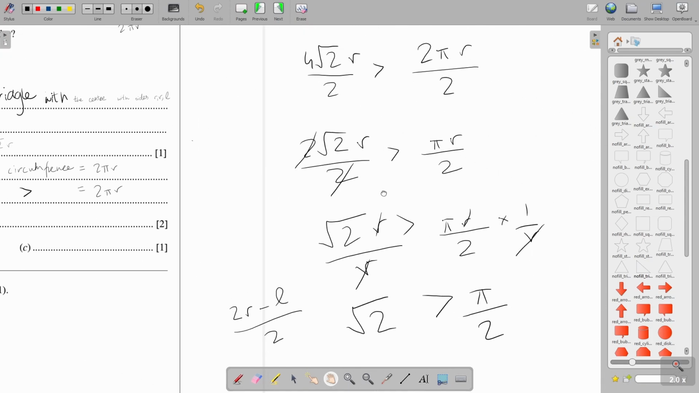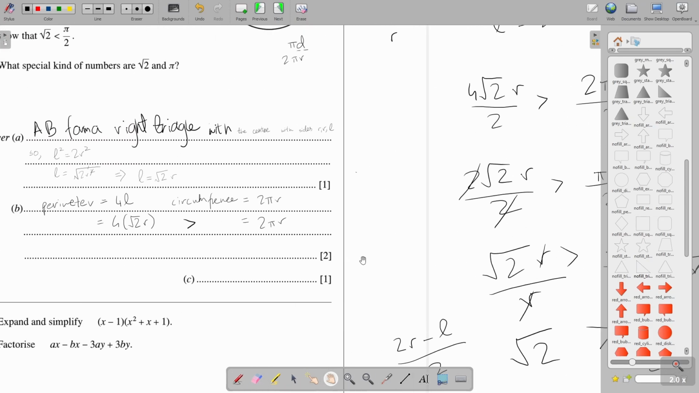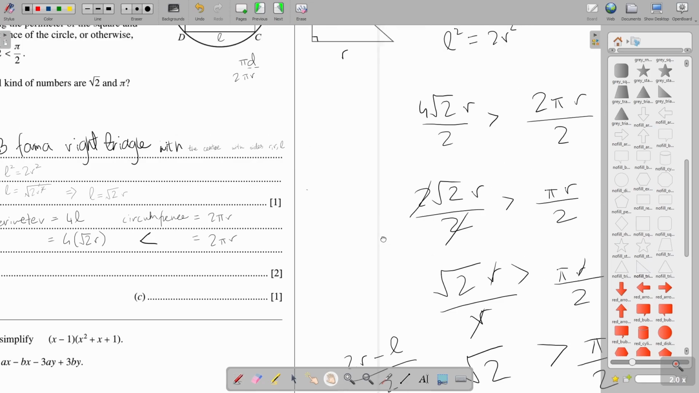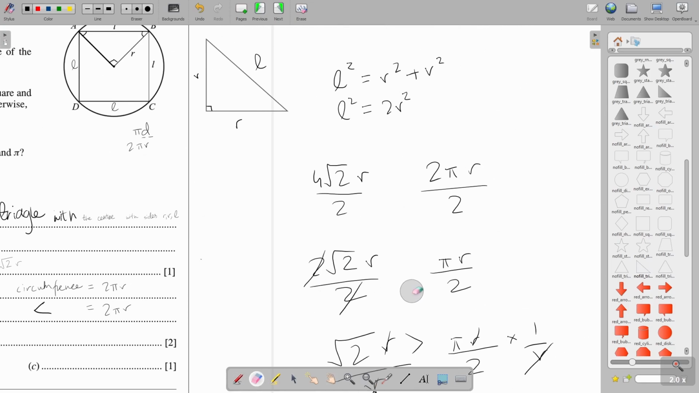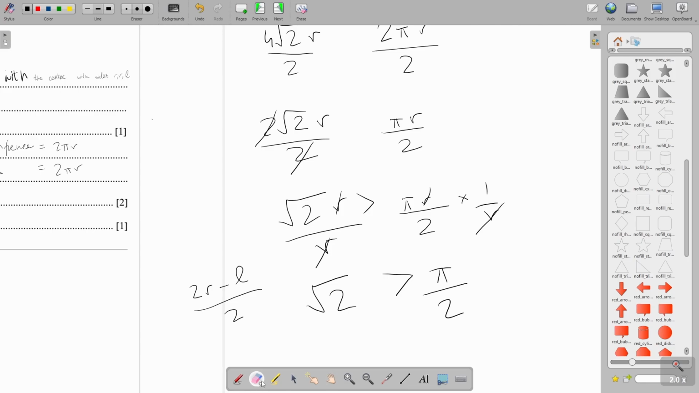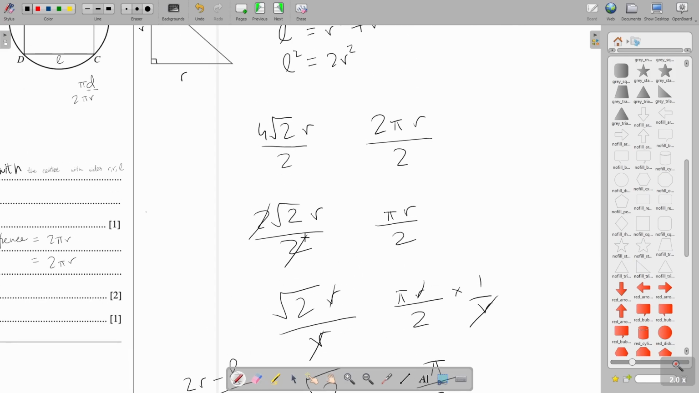Oh wait, I did it wrong. Okay, hold up. The perimeter isn't bigger, the circumference is bigger, so this side is smaller than this. So pretty much everything else stays the same. I just put the wrong symbol there. So this side is smaller than this side, because this side's a perimeter, that side's the circumference, and